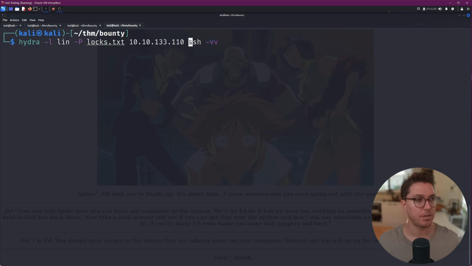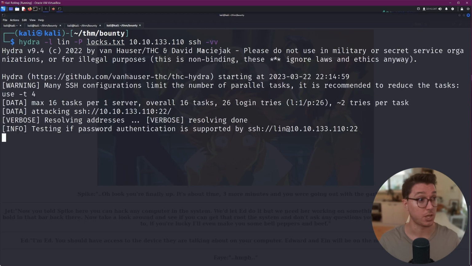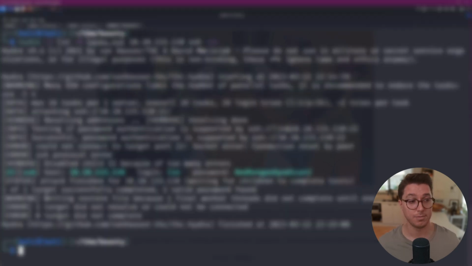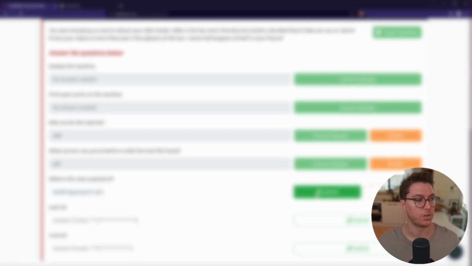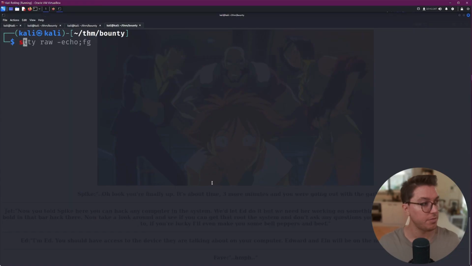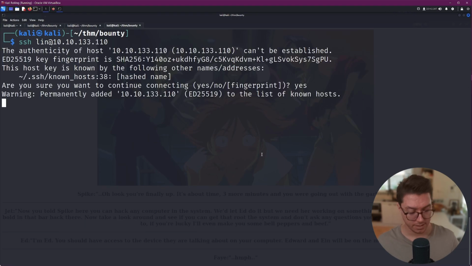All right, there's the IP of our machine, specifying the protocol, and we're going to see the outputs. Let's go. Since it's a pretty short list, it didn't really take that long. We've got our password. Give that a copy, chuck that into TryHackMe. With this newfound information, let's use SSH, log in as Lynn over our machine IP, go yes, and then we'll paste in the password that we just found.